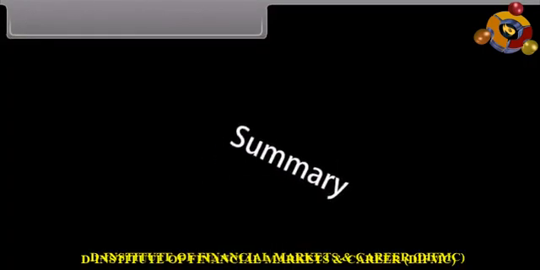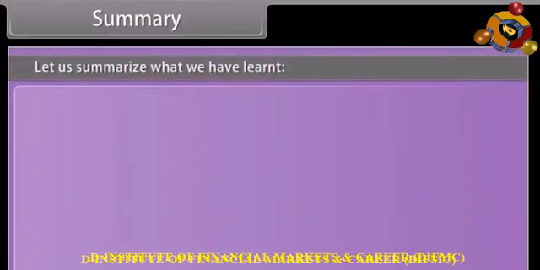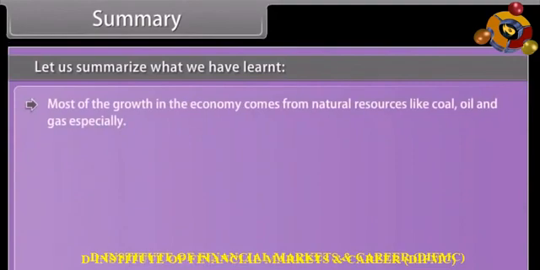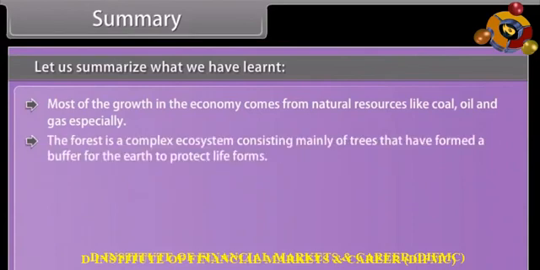Summary. Let us summarize what we have learned. Most of the growth in the economy comes from natural resources like coal, oil, and gas especially. The forest is a complex ecosystem consisting mainly of trees that have formed a buffer for the earth to protect